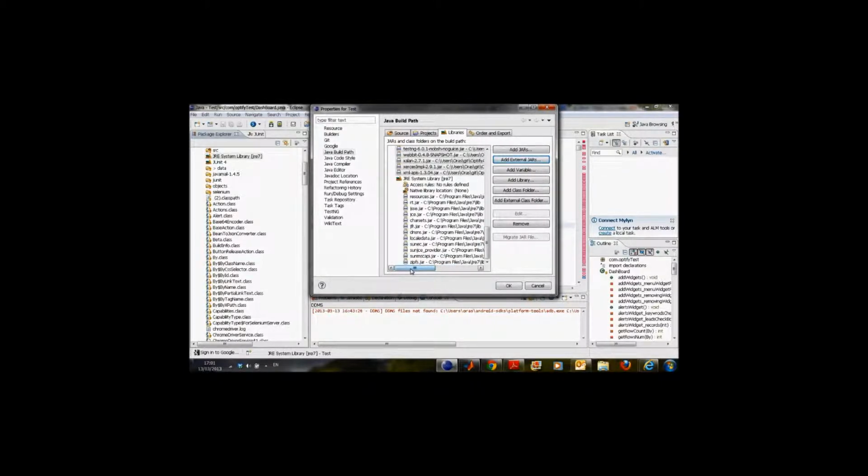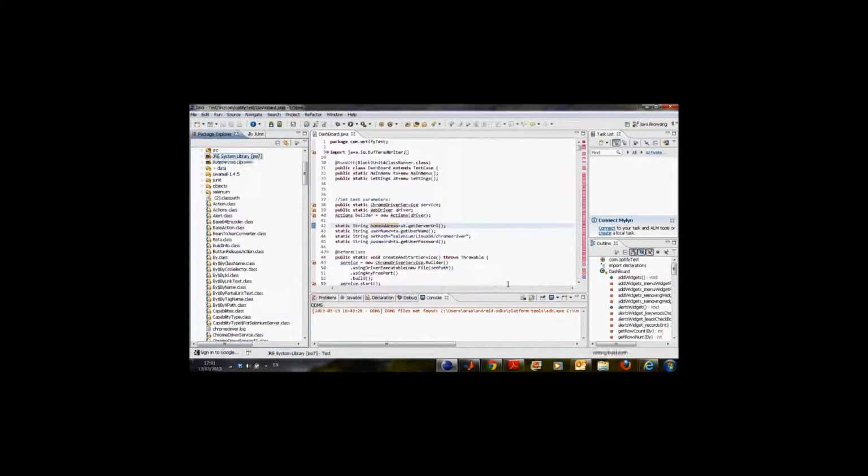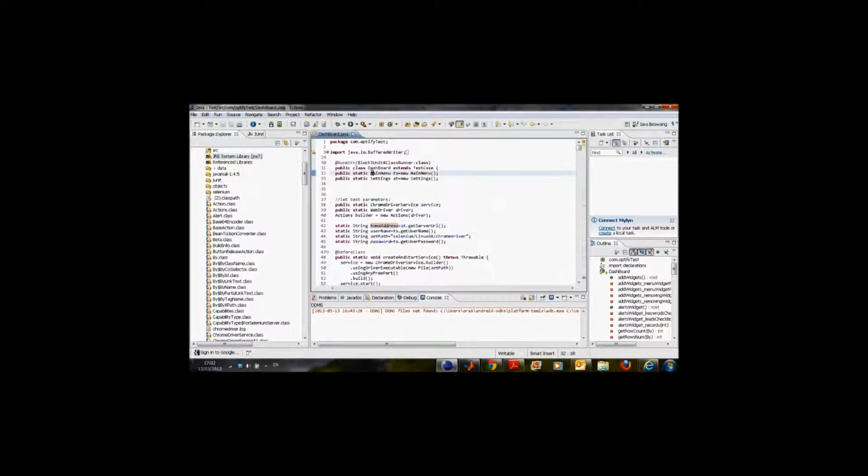After that, we will add the Java mail jar, then press OK. Voila, all the error remarks have gone. Now we can just click on the run button and run the project.